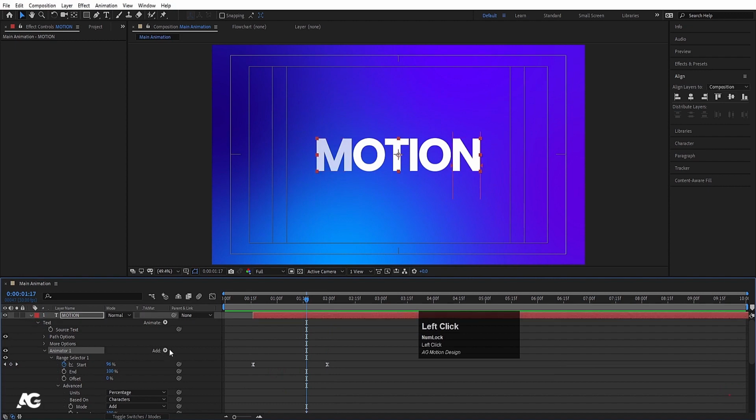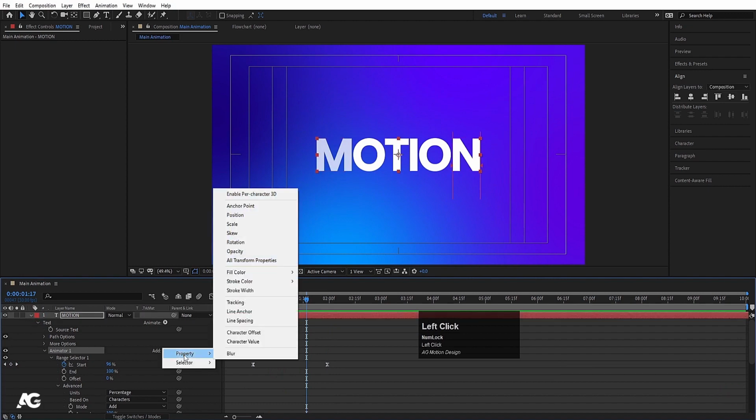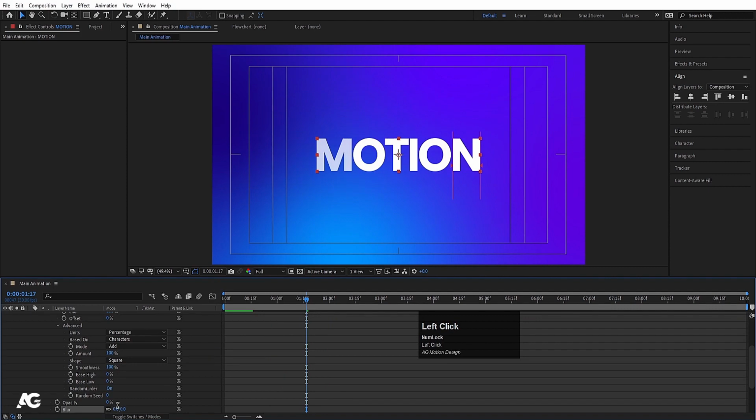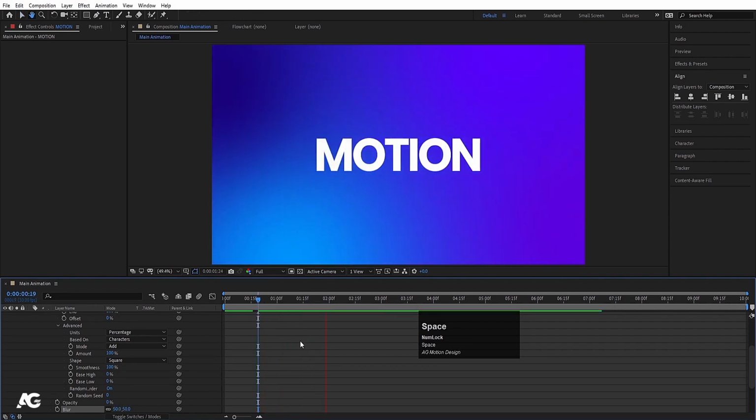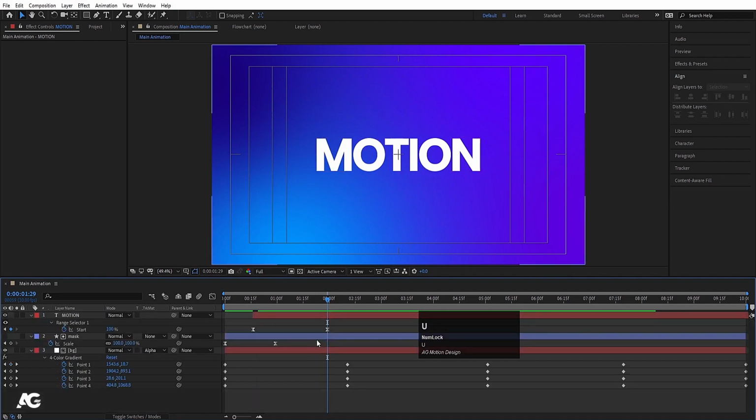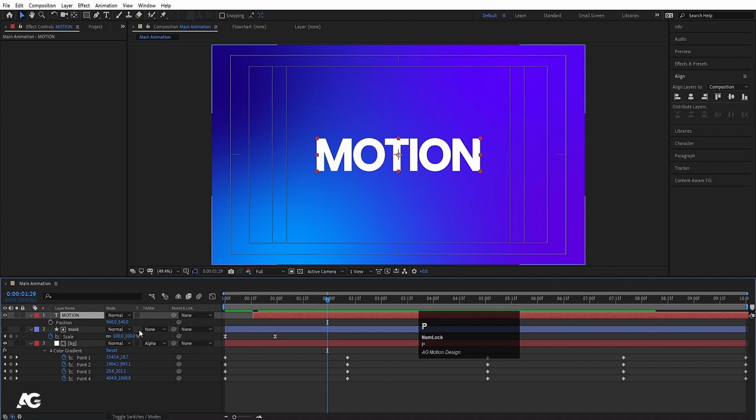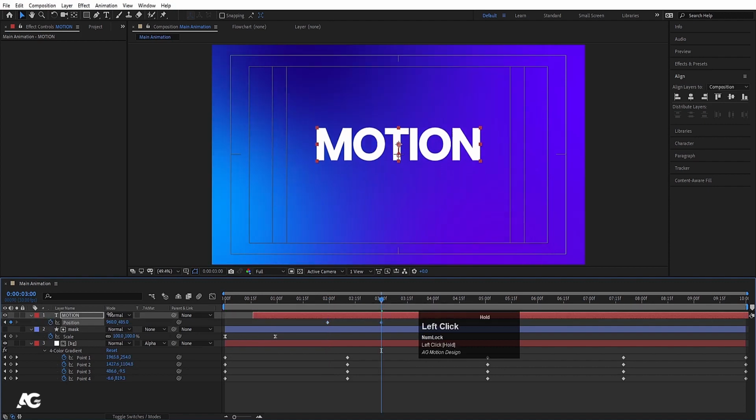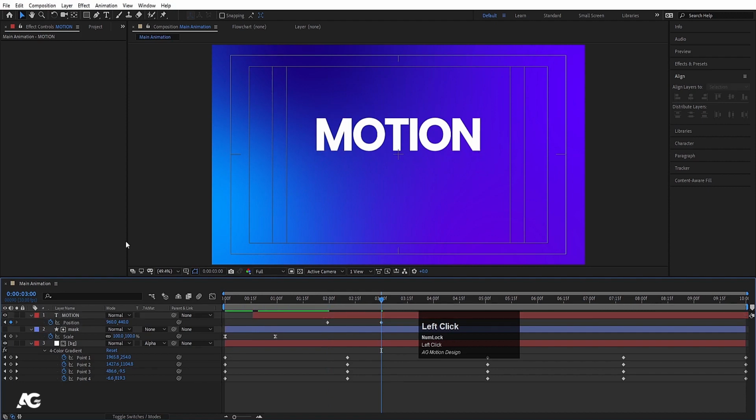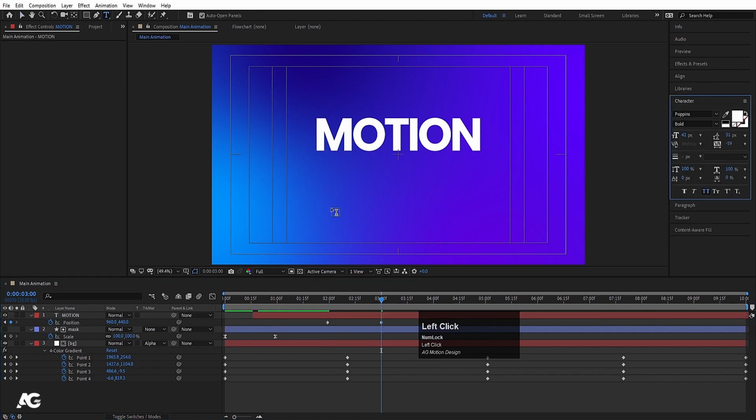Now go to the animator one, go to the add and go to the property and select blur and increase the blurriness to 50. So we will get this kind of text reveal. Now after this, press P for position, create one keyframe and go to around 3 seconds and move this thing at the top. Now I'll choose text tool again and I'll type